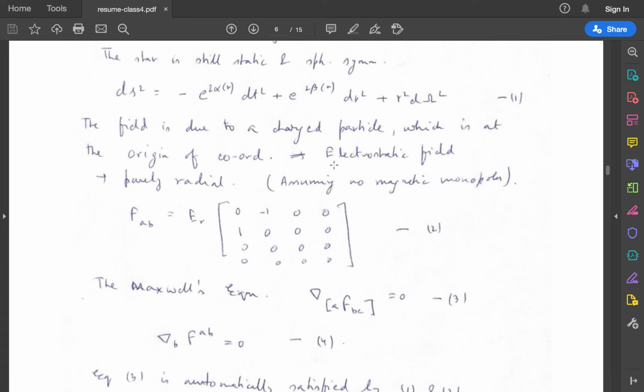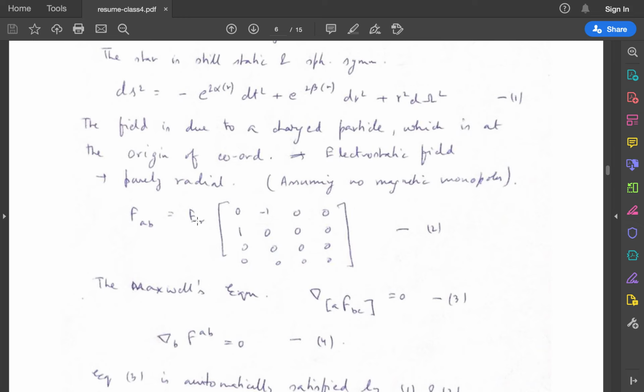The result will not change a bit. You will have to do a bit more mathematics and careful analysis of that. So let us skip that and say that we have only an electrostatic field which is purely radial. If that is the case, then our Maxwell stress tensor is